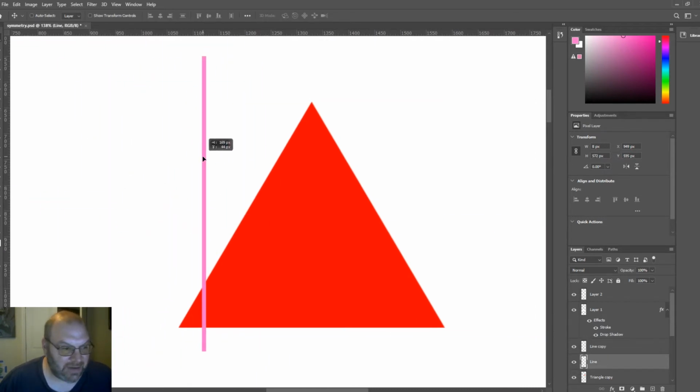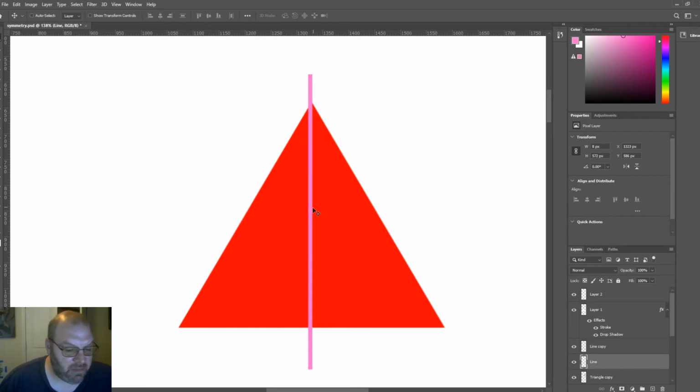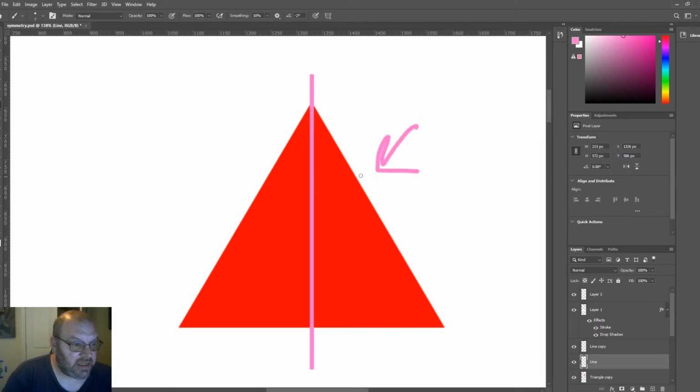So I have my line of symmetry. I'm going to put it smack dab in the middle of that triangle. I'm eyeballing it. Okay. So is this side symmetrical to this side? Or what it's going to ask is, does this triangle have symmetry? And we're going to say yes for this part. Because if we took this part right here, and that red's a little hard to see, but if we took this part right here, and folded it over,